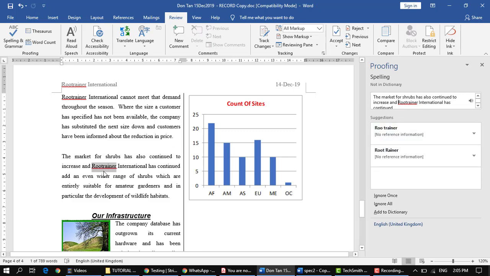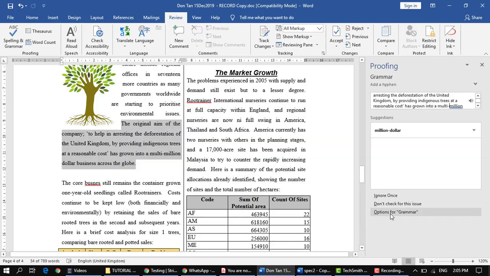Root Trainer is being highlighted. Root Trainer is the name of the company, a unique company name, so it's not a spelling error. Just go to the proofing and spelling function here and add it to the dictionary. Okay, now